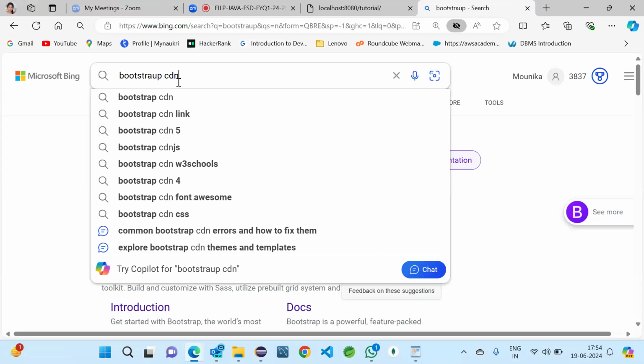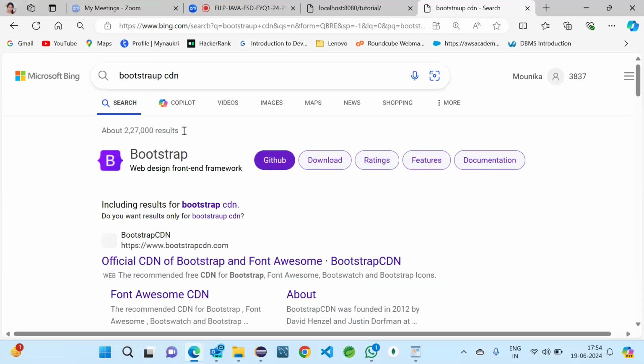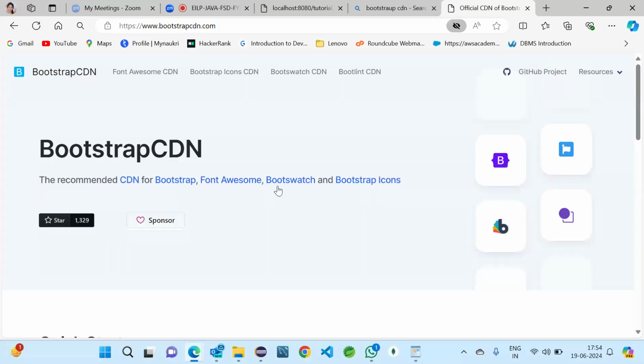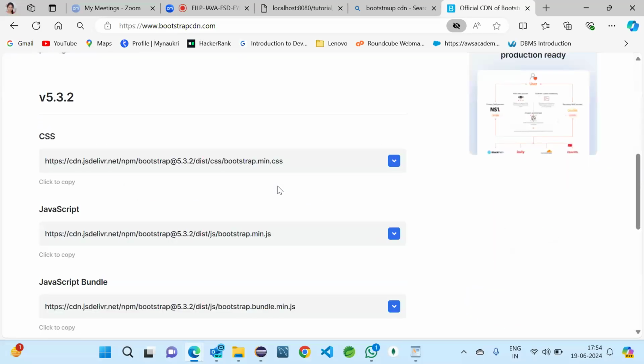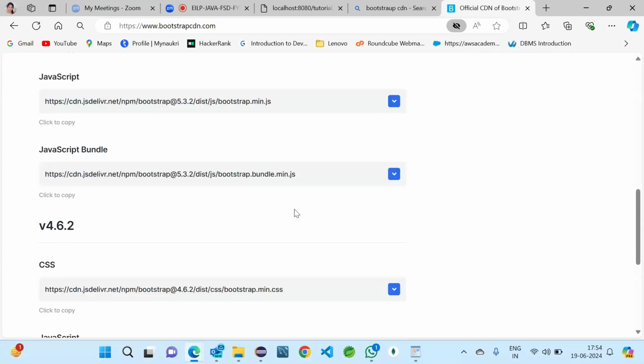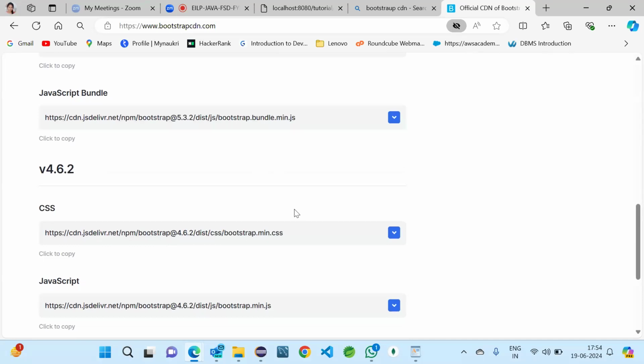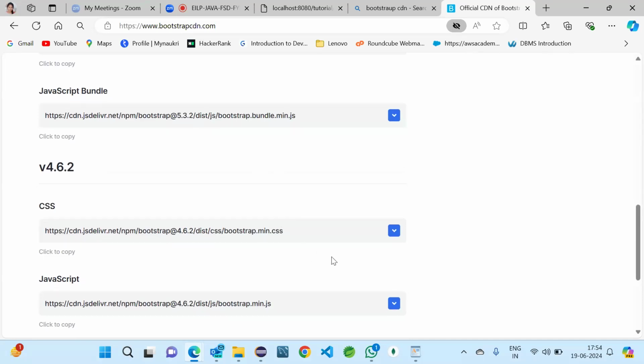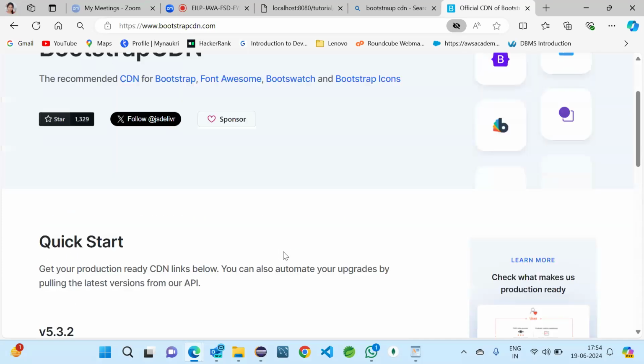I hope you know what a CDN is and how we use it. No? You don't know? Please explain. Okay. I know Bootstrap, but don't know CDN.